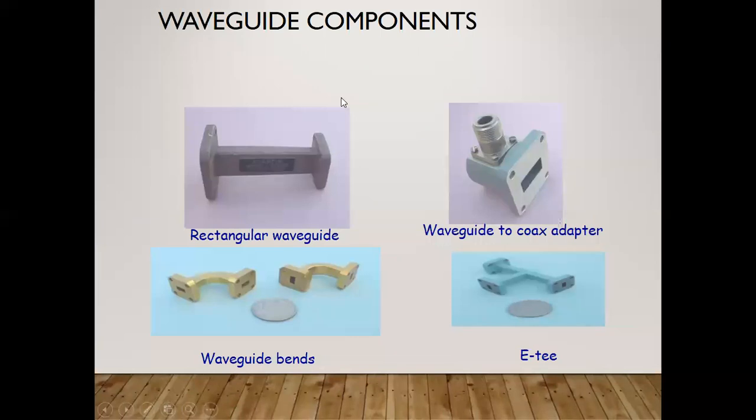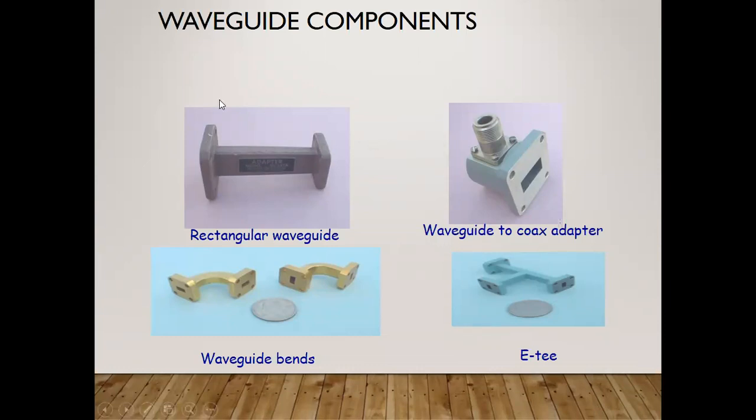So see here, a few waveguide components are placed here. How the rectangular waveguides are there, how the waveguide to coaxial adapter is mentioned, how the waveguide can be bent, and how the formation of the E can be observed. That is mentioned here. So these are the components by which